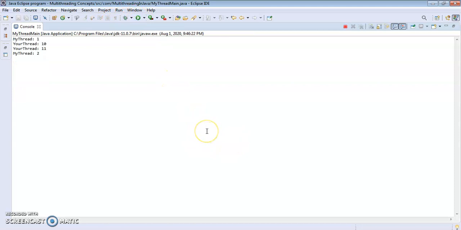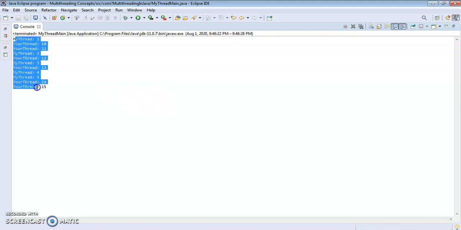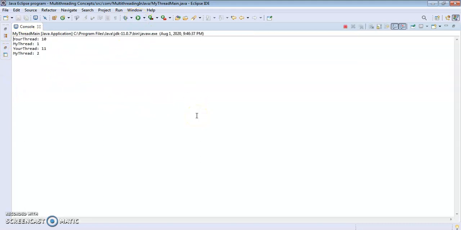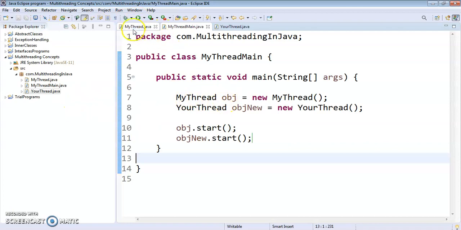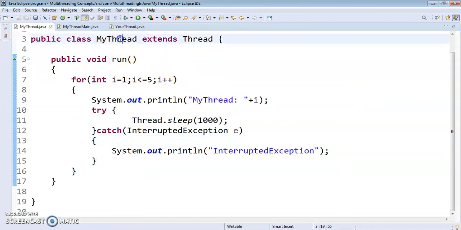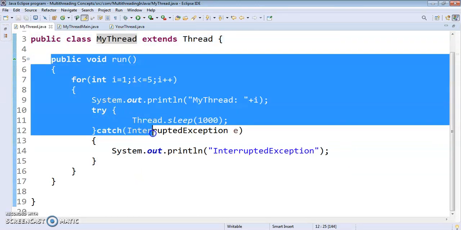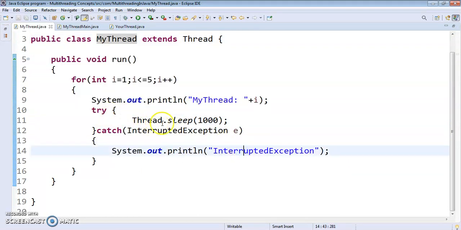That's the concept of multi-threading. What does multi-threading say? Multi-threading means executing multiple threads simultaneously. That is what we have seen here practically, how the threads are executing simultaneously. So this is the concept of multi-threading that we have seen practically by creating two threads. One thread is MyThread which extends Thread, then we have overridden the run method, then we have applied Thread.sleep to see how the execution is going to happen. It will halt the execution of every instruction for 1000 milliseconds.